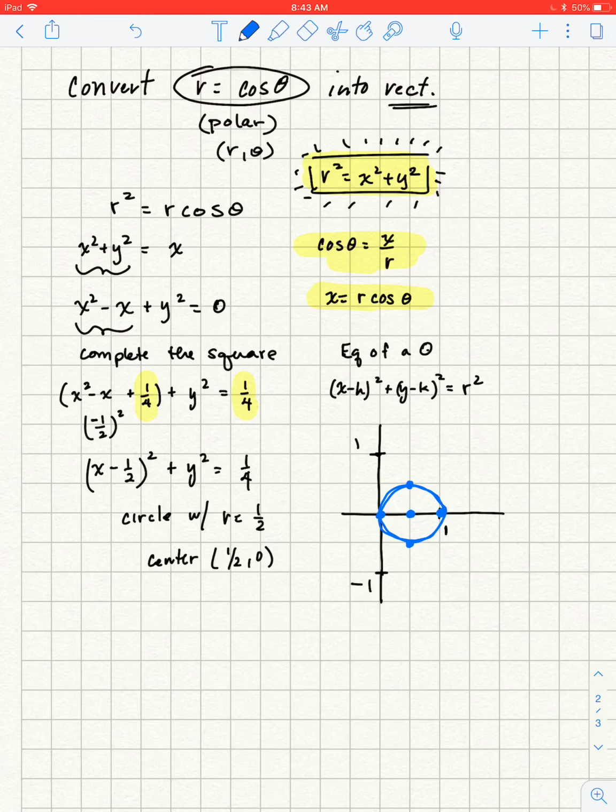So what we basically did was, this is in rectangular, and this is what r equal to cosine theta looks like. What becomes a lot easier is to deal with the polar in this situation, because look how simple the function is compared to the rectangular portion, where if you had to solve for x or y, say you're doing derivatives,